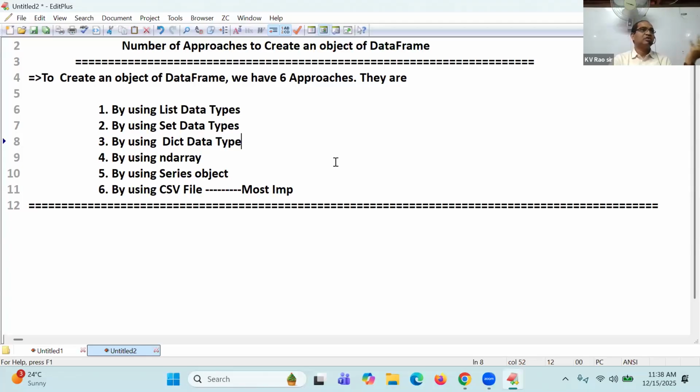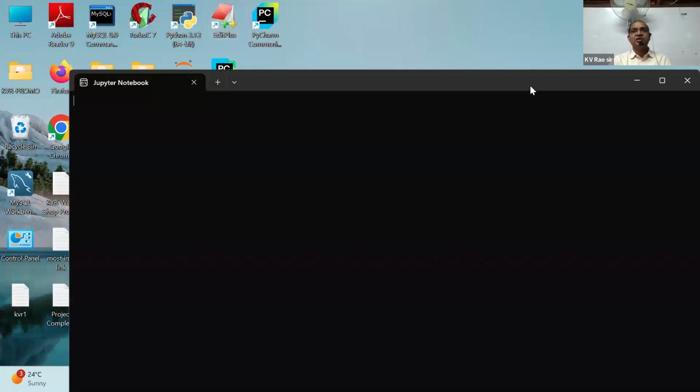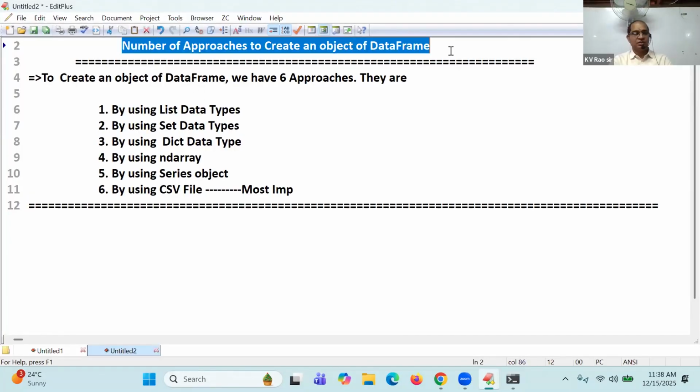Otherwise, what they're explaining, if you don't know, you will get that idea also to use this kind of concept over there. So I explained series well, and you are getting the data frame subject automatically. Almost it is clear for you. It is just introducing the syntaxes. You will be doing it like anything. Let's go further. So here I am going to enter into this Jupyter notebook. Number of approaches to create an object of data frame. So here,